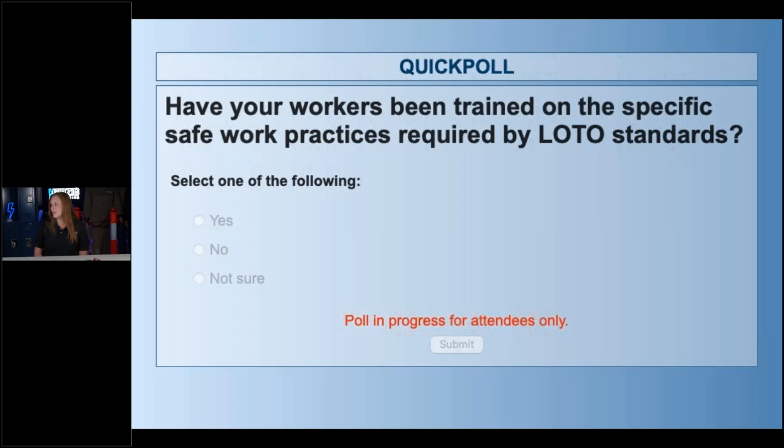Okay, getting some answers going here. Wow, pretty good split, actually. All across the board. Which is understandable,